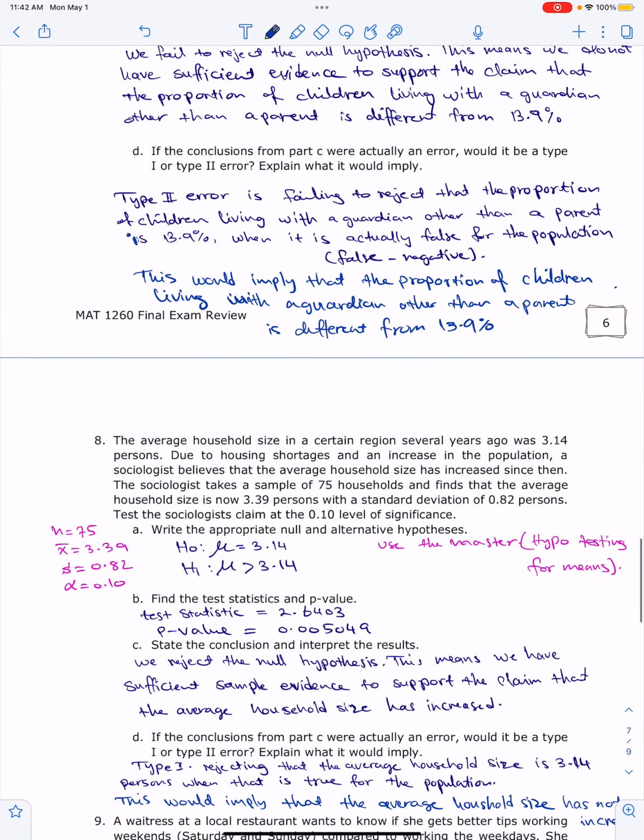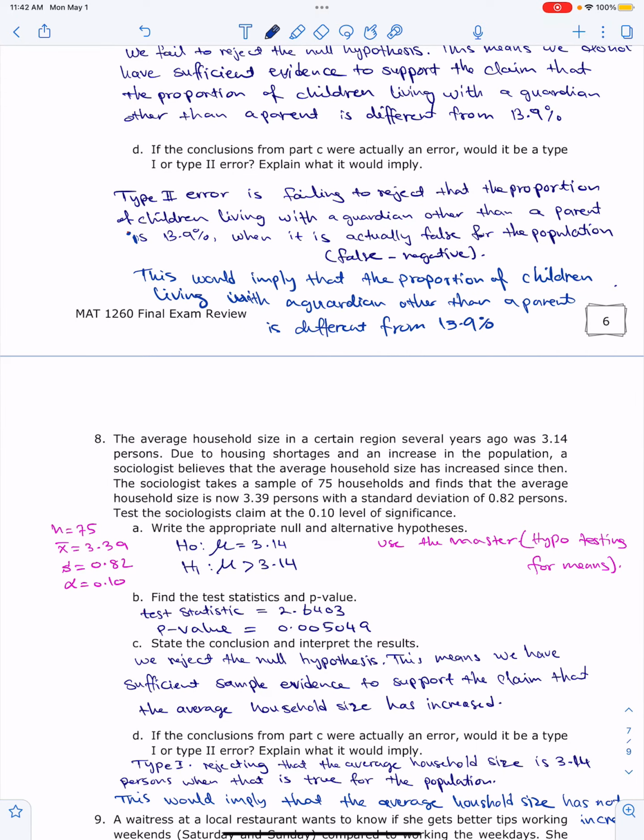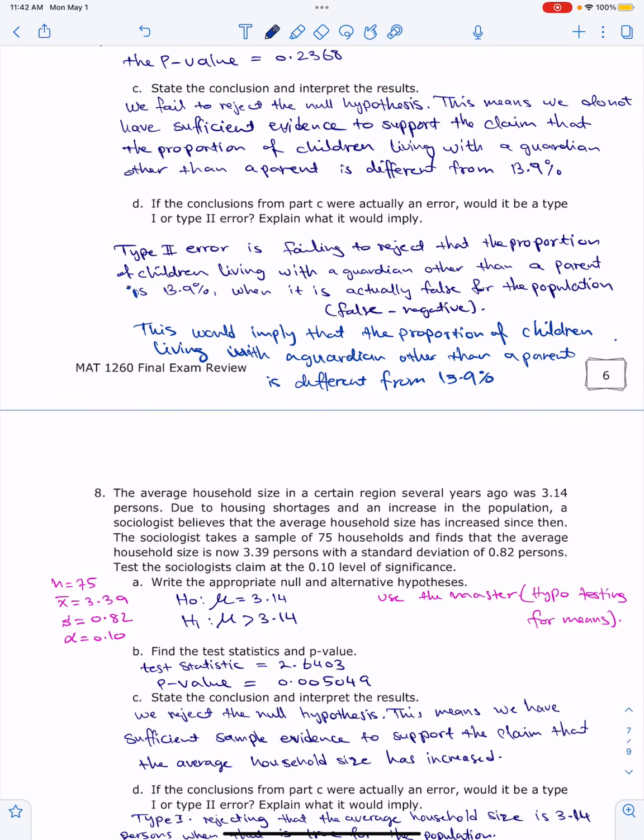Now, part D, if the conclusion from part C was not actually true and it was an error, what type of error is that? Which means the conclusion is we failed to reject the null hypothesis when the null hypothesis is false. So that is the mistake we make. We fail to reject the null hypothesis, but we know that the null hypothesis is false, which means